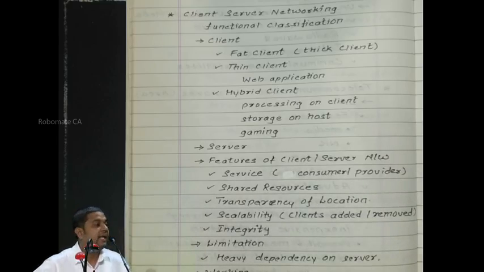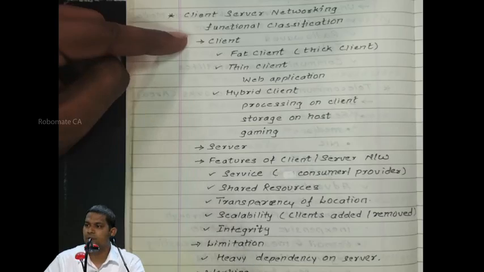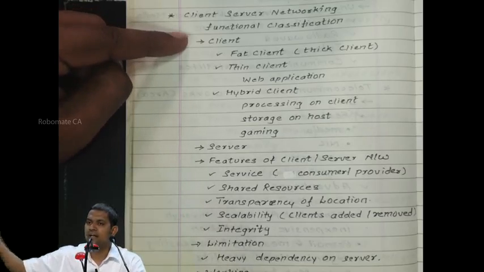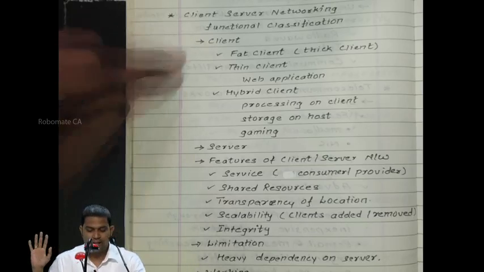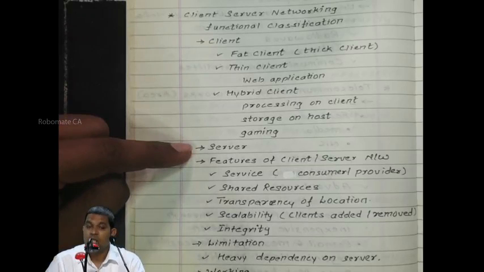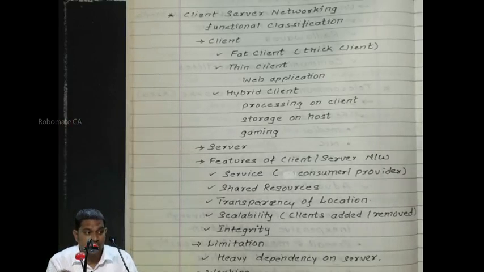First and foremost, there are two types of components or two types of computers required. One is called the client. Client is the interface between user and server, accepting data from the user, giving it to the server, taking output from the server, giving it to the user. And then there is one server. Server will be doing all the data processing. All the data will be stored on the server. Server is bigger, all these things.